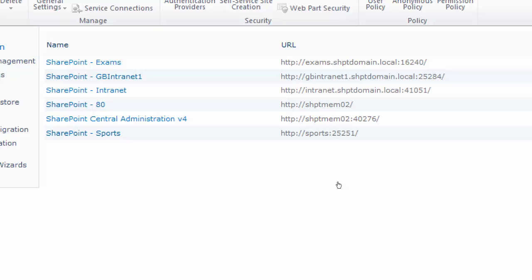Anyone following? All right. Okay, so there's that exams. You can see that I have created many others which we did not create together, but I was just testing the environment more and more for more errors, sports and intranet, GB intranet. So right now we're creating the exams